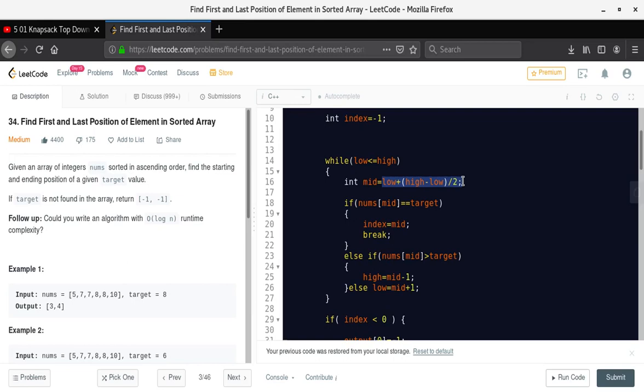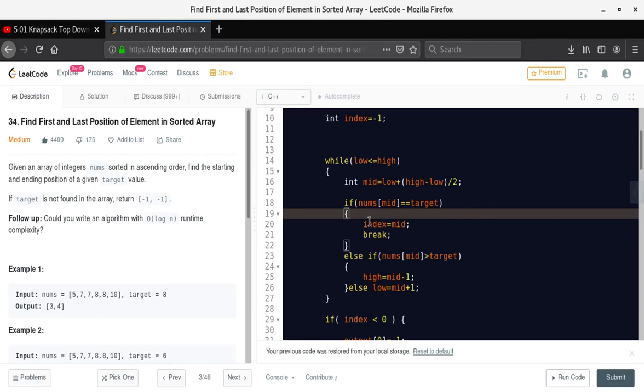So it is a good idea to write it this way. This can save us from memory out of bound or any such errors. So yeah, we are doing a simple binary search here.